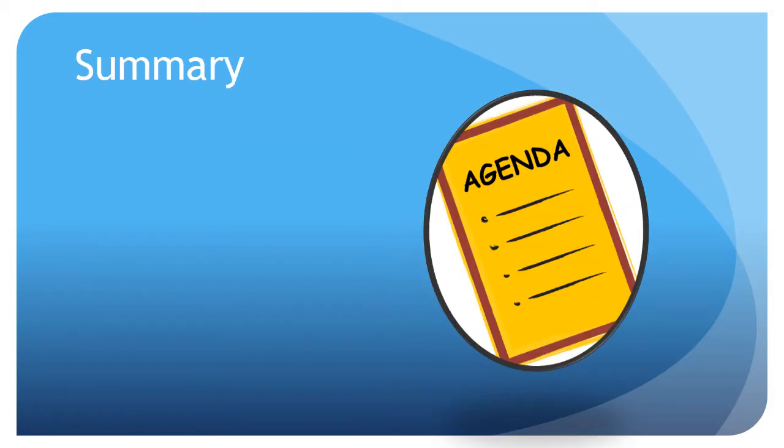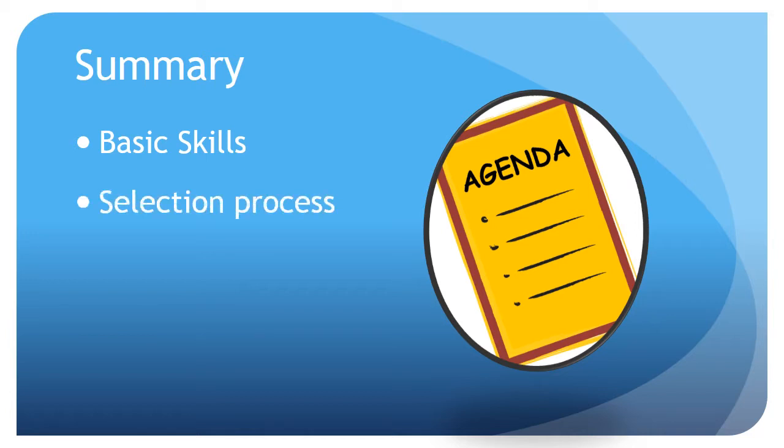Before we get to next steps and resources, let's summarize. We provided 5 basic skills that can act as a starting point when deciding what you need an evaluator to do. We then described some specifics on the selection process, including where to look for evaluators, and we then briefly discussed the elements of an evaluation contract. Let's turn our attention to next steps before talking about resources you can use to learn more about this topic.